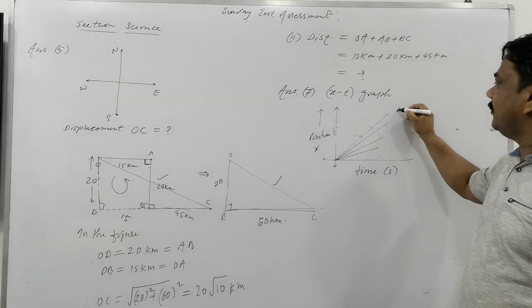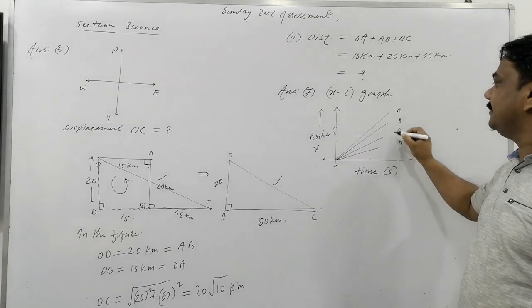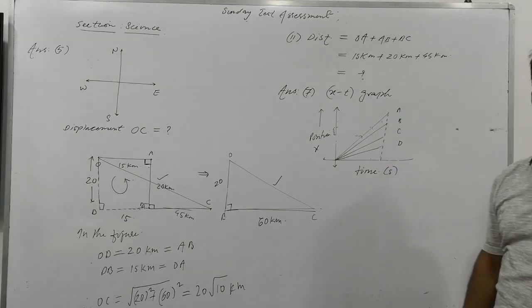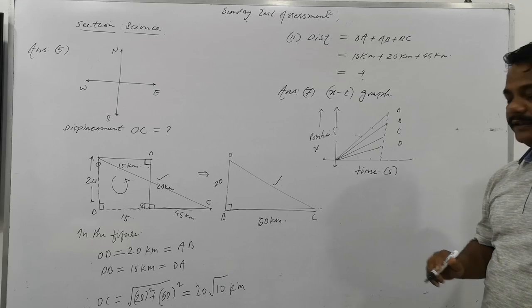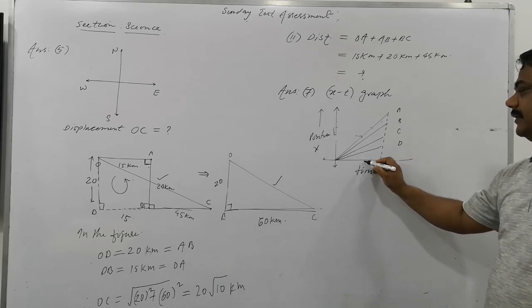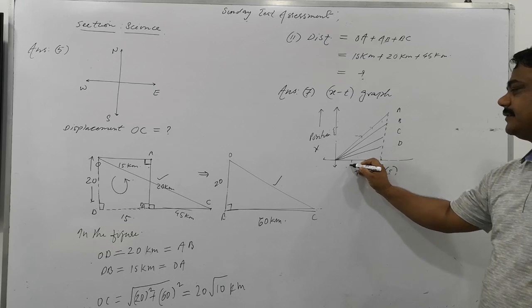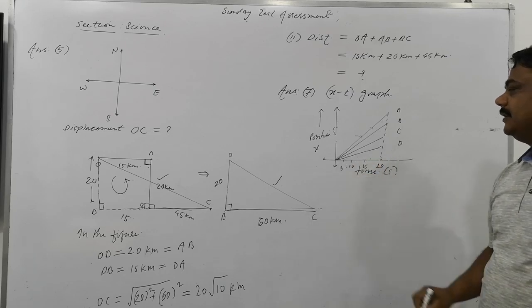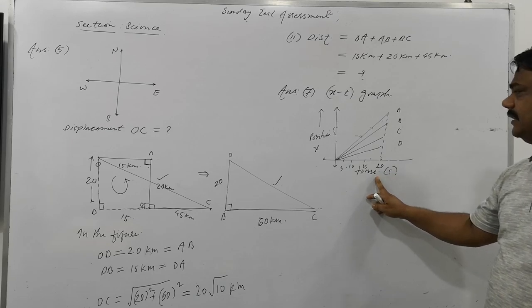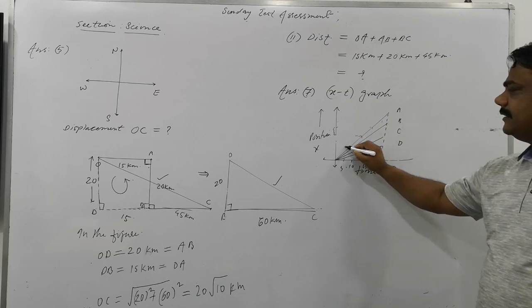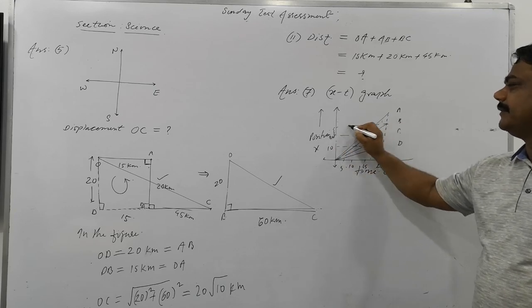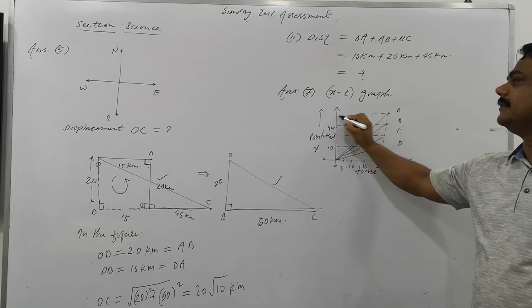It's object A, object B, and C, D. We have drawn this for 4 objects. Is that clear? You understand this? What is the meaning of the graph here? Suppose this is 20 seconds, here it is 15 seconds, here 10 seconds, here 5 seconds. So what information does the curve give? It gives information that it's 10 meter, 20 meter, 30 meter, 40 meter.